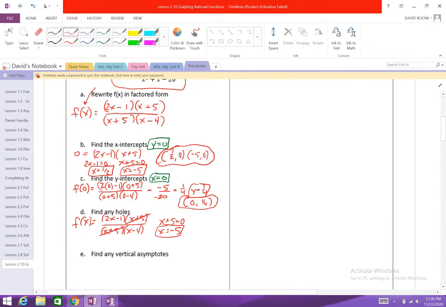Okay. Vertical asymptotes are where the denominator is 0. That doesn't factor out. So it's this one that's left over here. So we just take x minus 4, set that equal to 0. x equals 4. That's where we're going to have a vertical asymptote. So remember, that's that vertical line